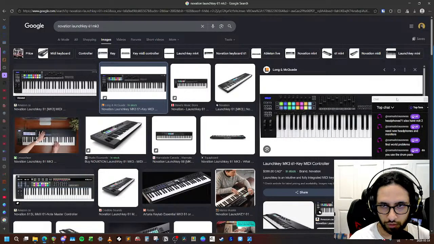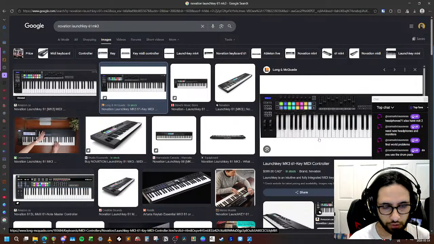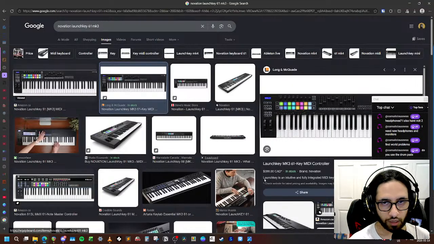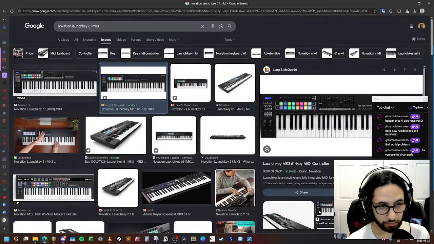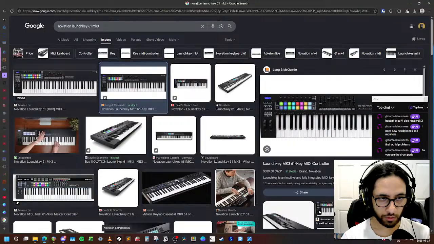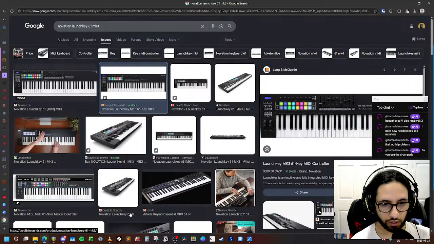Do you use the drum pads? I actually don't use the drum pads for drums. I have them set to MIDI actions. This keyboard is very customizable. You can have the drum pads output like a keyboard shortcut even. So that's kind of what I use that for. Or some are just MIDI controls.